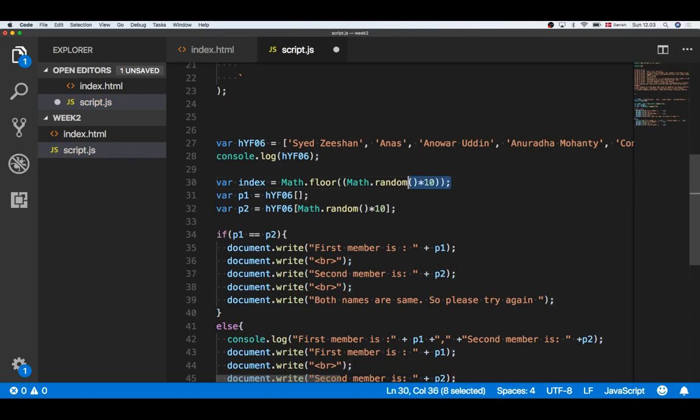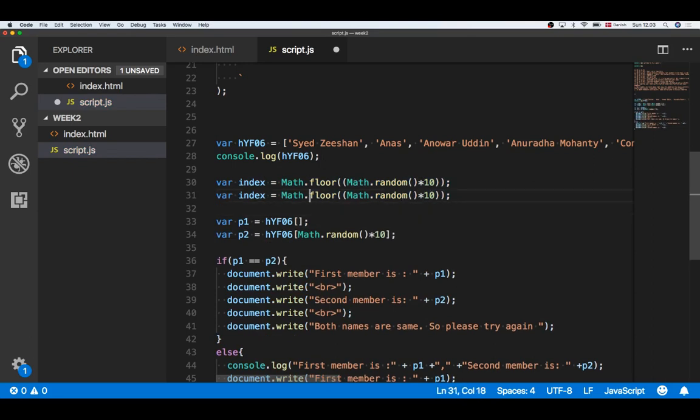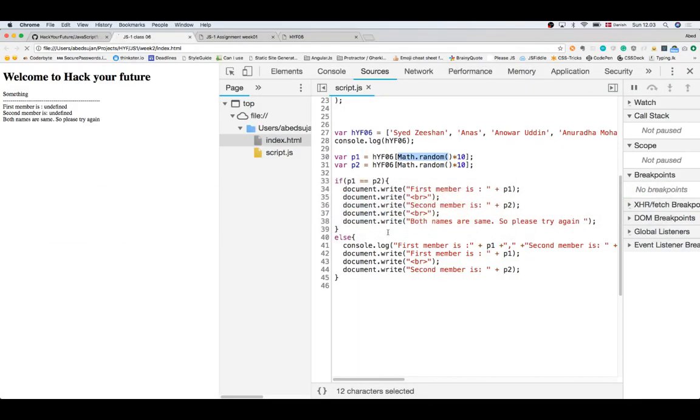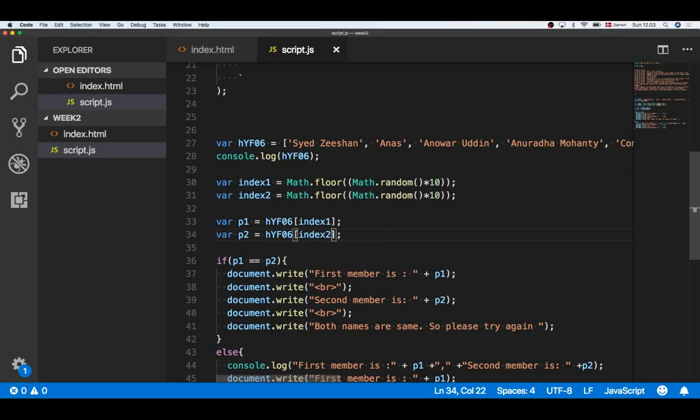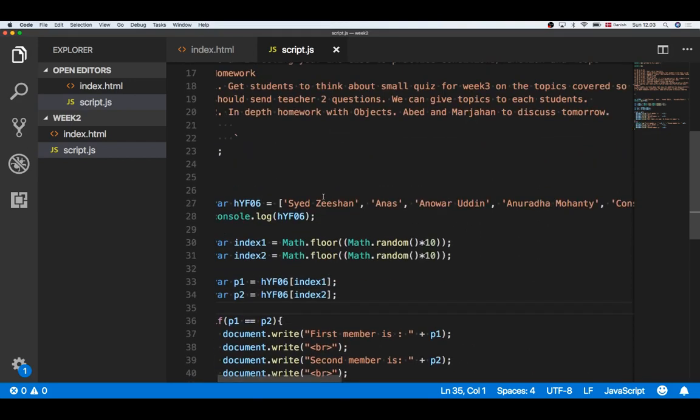Yeah. Why are you multiplying by 10? Let's see. It's giving the same number, right? You can create another variable which will give the length of the array, and you can multiply them.